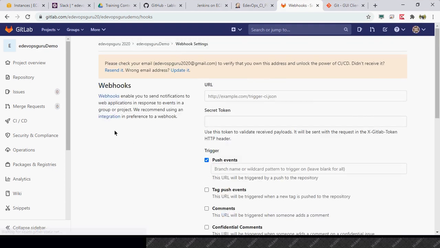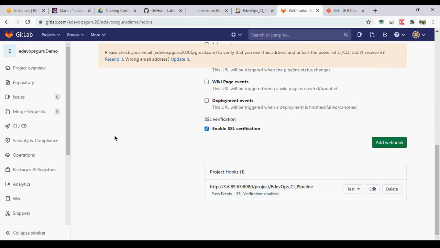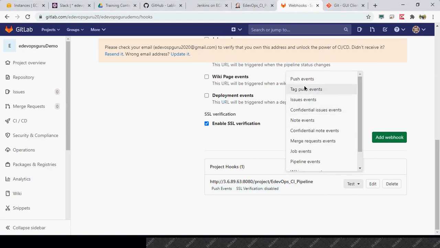Now our webhook has been added. So here it is. Just for testing the webhook, we can test it. What do we want to test? Push events.